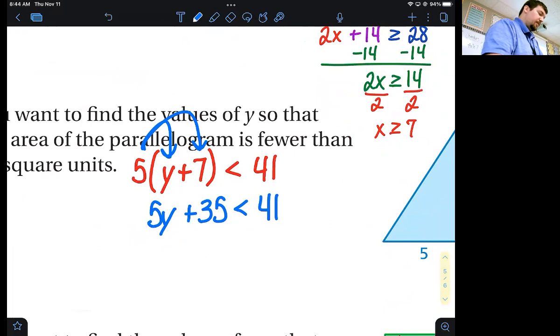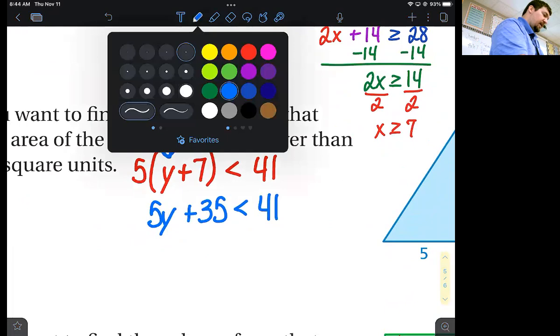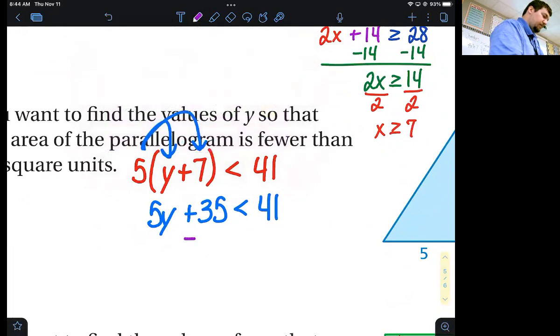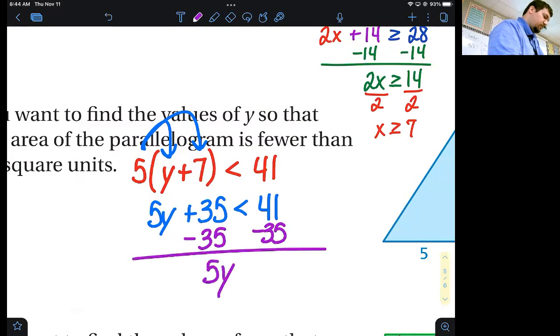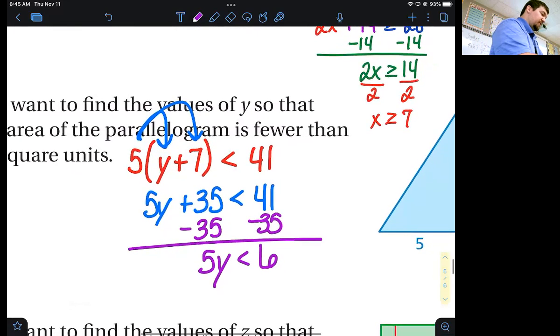Ella, what's our cousin Eddie term? And the opposite would be a, what's 41 minus 35, Ella? 6. She didn't use her calculator for that. But 5 doesn't go into 6 evenly. So on our last step here, which is to divide both sides by 5,